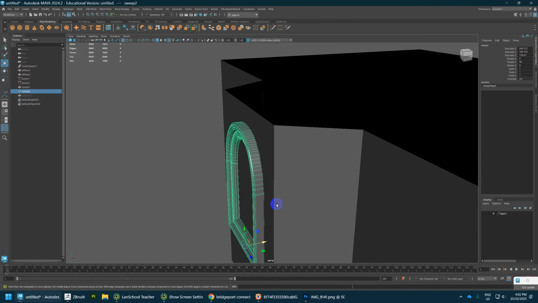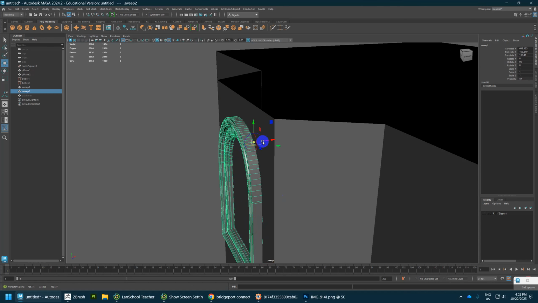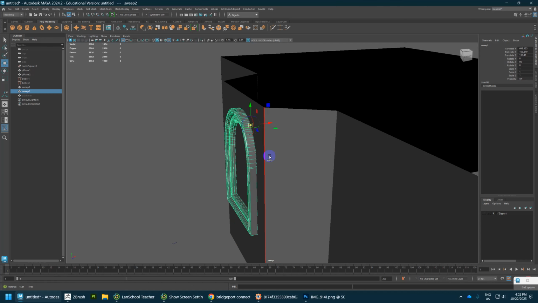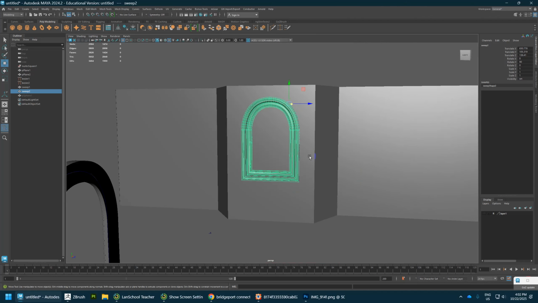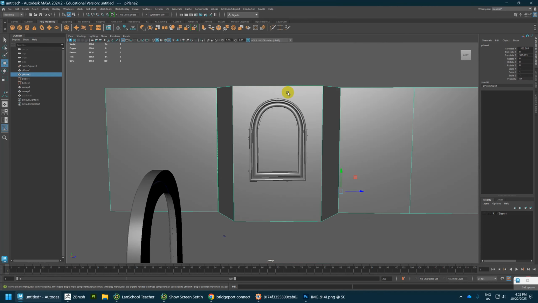You could always hit D, hold V, and snap your vertice to basically the furthest vertice on the back there, and then that would allow you to just very gently place it against the wall. So for openings, if you do want to place an opening and recess this and have a window well, as we would call it,